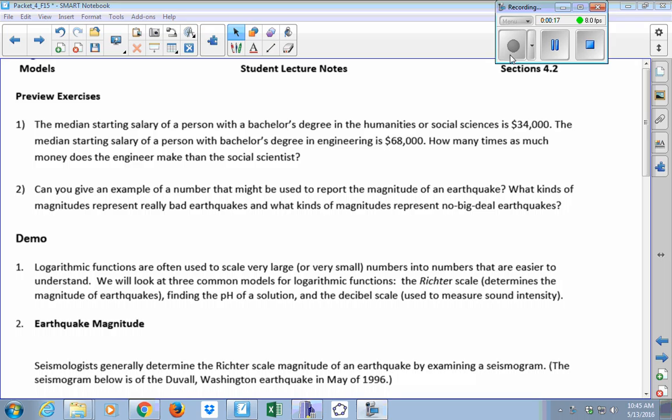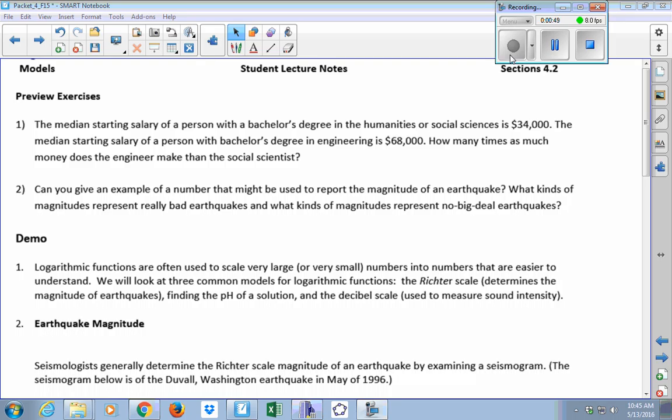So today we're going to be looking at various problems where we're asking questions like, how many more times is one earthquake more intense than another, or how many more times is the noise made by a rock band more intense than, say, the normal conversation level. We might be comparing other things that involve logarithmic scales. And when we ask questions about how many more times, you should think of division, comparison through division.